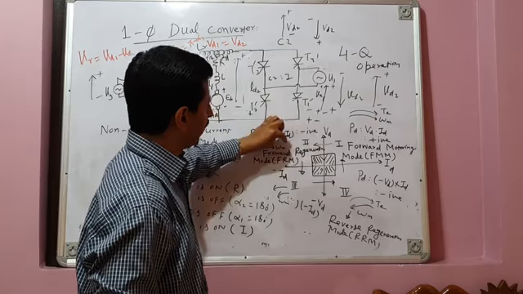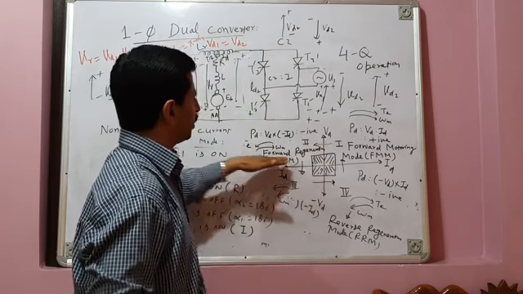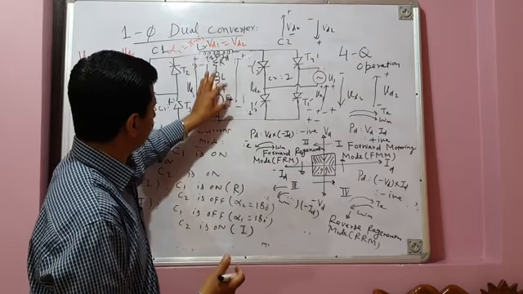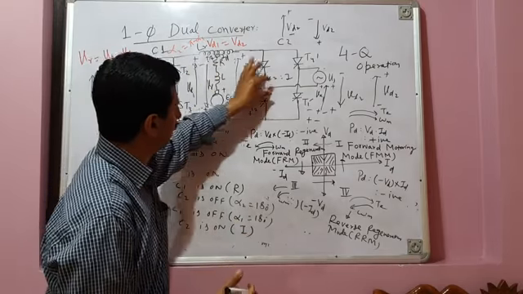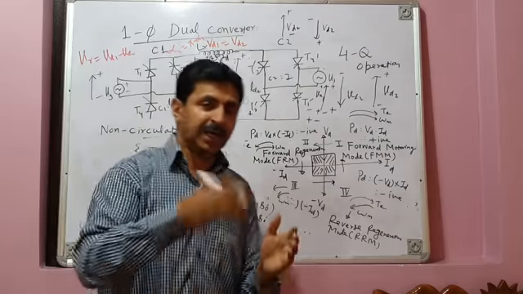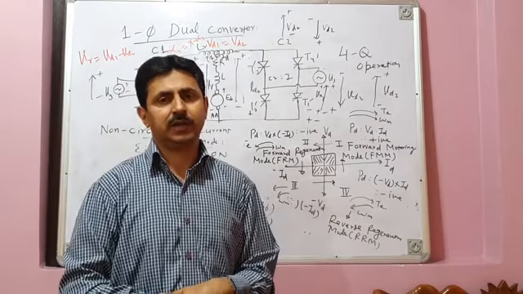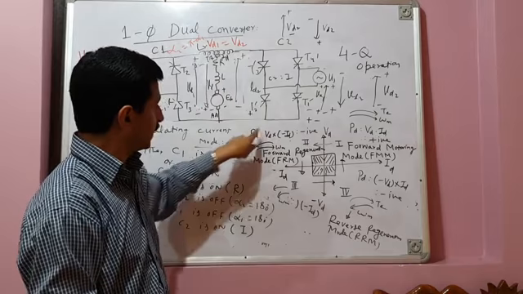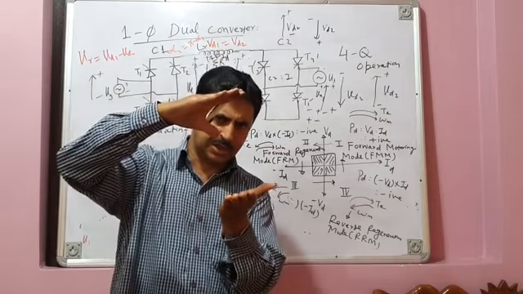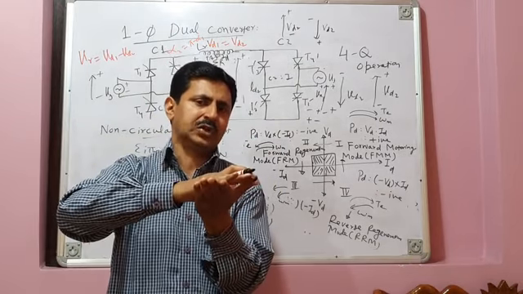And once your machine operates in quadrant 2, voltage is positive, current is negative. So power is negative, meaning the power is flowing from EB to VD. So it is injecting power back to the source. So that means your machine is operating as generator because EB is greater than VD, and regenerative braking occurs. Torque reverses its direction. Electromagnetic torque opposes the motion, and the machine slows down, finally it will stop.